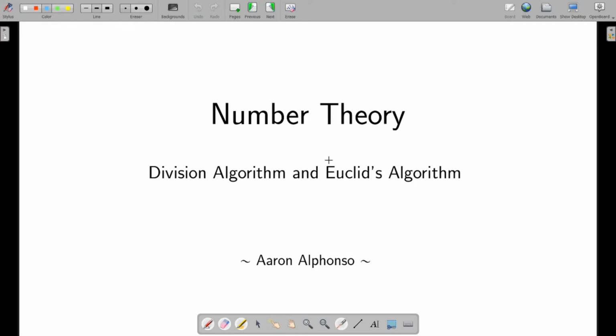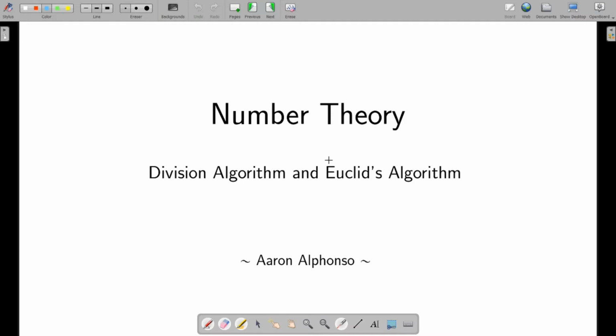Let's start. What I've planned for this session is that we start with the division algorithm and move right up to Euclid's algorithm, that is the algorithm to find the greatest common divisor of two integers. You all are familiar with both of these, but we'll just go over these ideas. This is part of your syllabus, but since you have already covered it, let's not waste too much time on it.